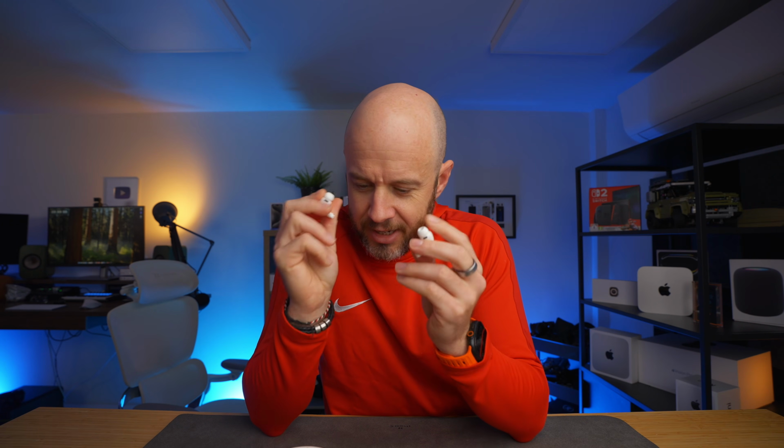The good news is they do fit. Now, there is a slight thing I found with them, which is that when I run, they make a noise. They do that kind of horrible noise that I get with certain other earbuds. I don't get that with the AirPods Pro 2. I need longer just to make sure that wasn't the particular run that I went on, and maybe there was something in the air. I don't know. I need a bit longer with them. That's the only thing I've noticed. But in terms of the fit, they...